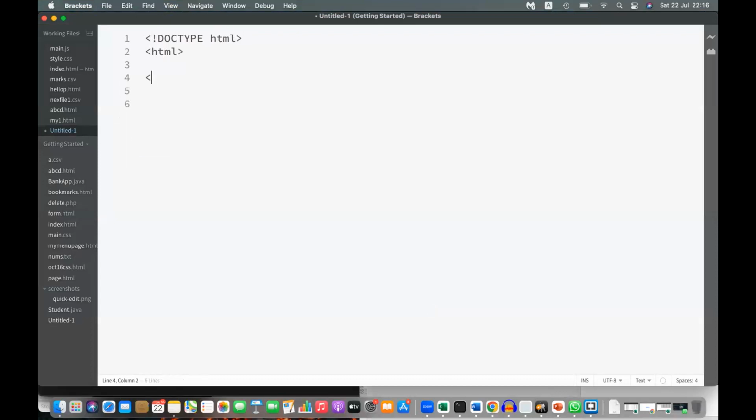Less than, slash, less than, slash HTML. That means same time you close the HTML. Press up arrow, press enter, press tab, write head, press enter, close the head, up arrow, enter, tab, title, enter, close the title, go up arrow, press enter, say hello world, down arrow, press enter, body,